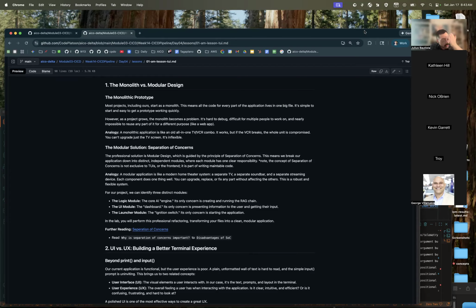It can be very difficult to test, run, rebuild. The heavier it gets with code, the harder it might be to work with agents if you want to use that to help you code, because there's only so much context that an agent can hold. So those are the downsides to a monolith.